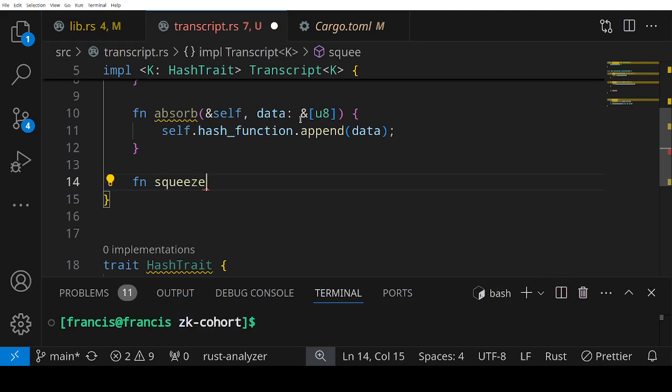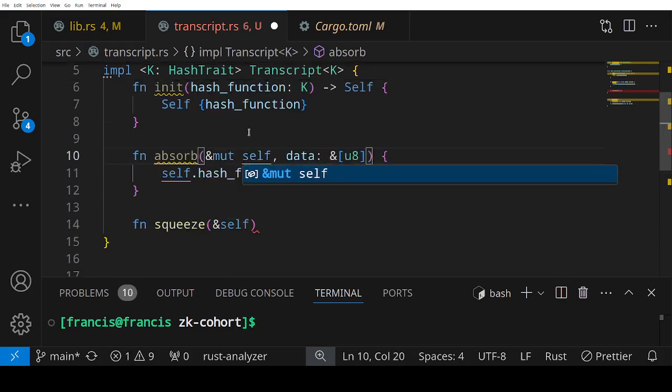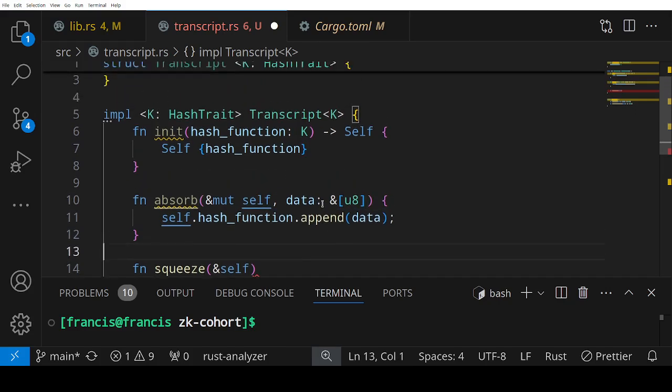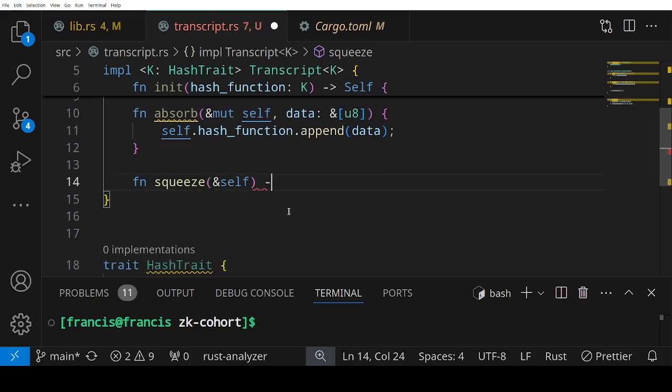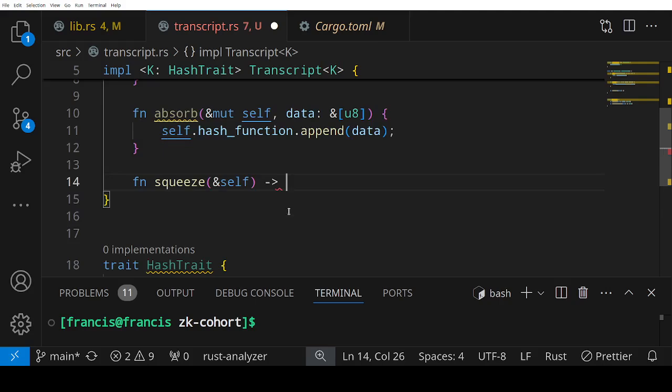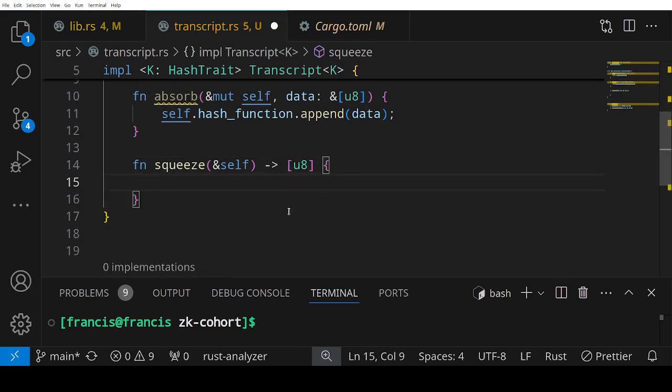Is it double E? Yes. So it takes self, right? But this has to be mutable, doesn't it? Yeah, because we are mutating the hash function. Do we agree? So squeeze just returns a byte array, right? And okay,